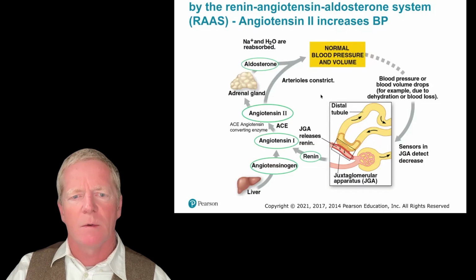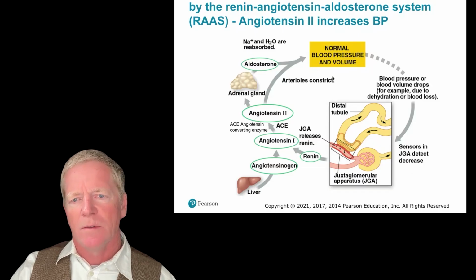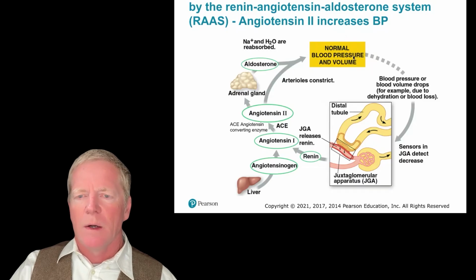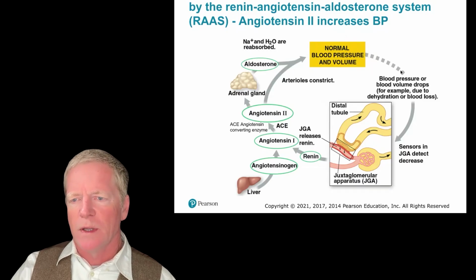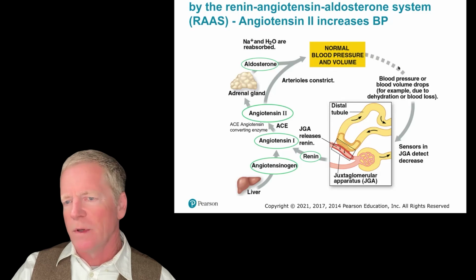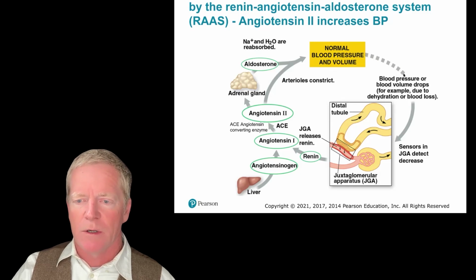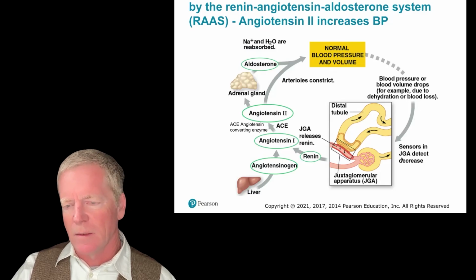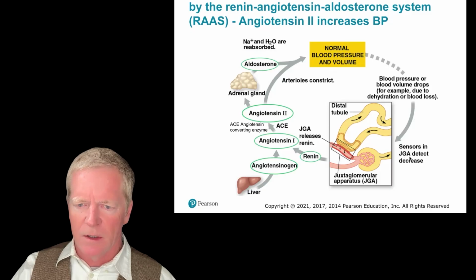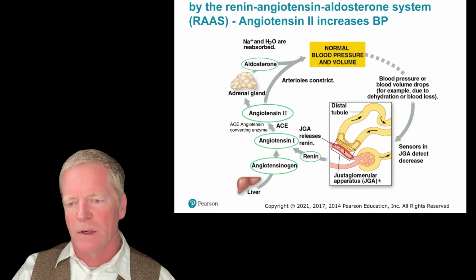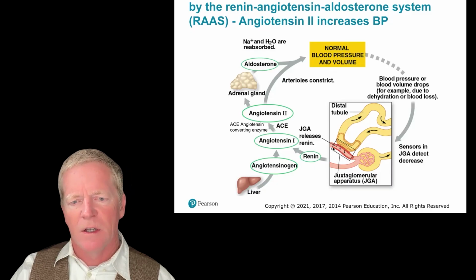Okay, so let's take a look here at what's going on. You've got the system here in balance, normal blood pressure and volume. Now, if for some reason blood pressure or blood volume drops, for example, this could be from dehydration or maybe blood loss, then there are sensors in the juxtaglomerular region that detect this decrease. Okay, the juxtaglomerular apparatus here may sense a change in blood pressure. At that stage, the